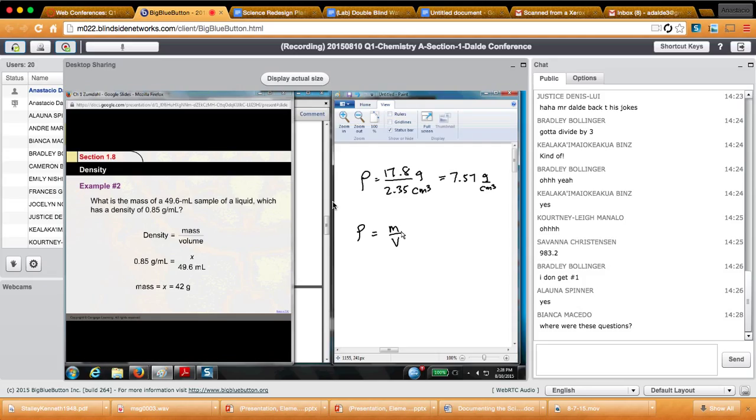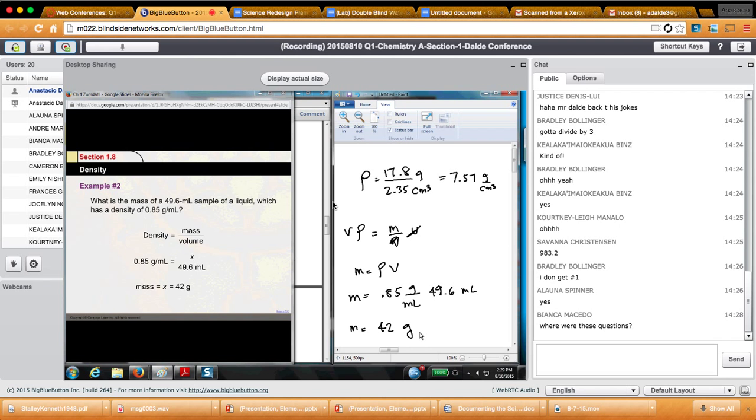All right, anyway. Density is equal to mass over volume. You want to solve for the mass. All you do is multiply both sides by V. This cancels that, and you get the mass is equal to density times volume. So all I got to do is say, what was the density they gave me? They said the density was 0.85 grams per milliliter. And the volume is 49.6 milliliters equals mass. So my mass is 42